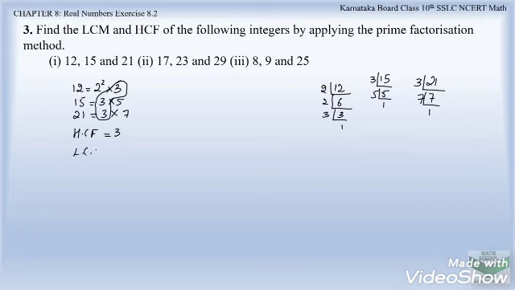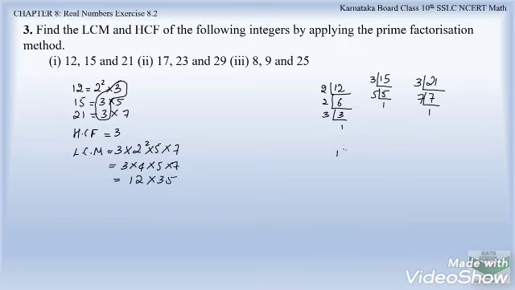Now coming to the LCM, we have to consider the highest power in the common factors. The power is same for all the three. So let's write 3 first, and then again we have to write down all the factors which are not common. So we will take 2 square into 5 into 7. So let us simplify this. 3 into 2 twos are 4 into 5 into 7. What is 4 threes are 12 into 5 sevens are 35.